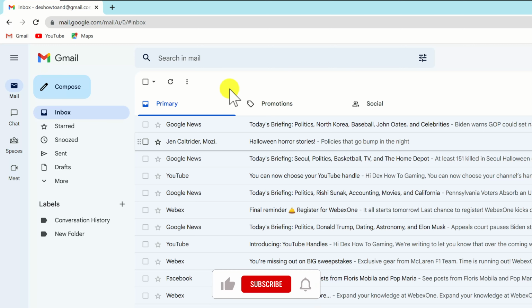Any emails you archive will be removed from your primary Gmail inbox as well as from any possible specialized categories. However, if you use Gmail labels to create a separate folder, you may still access them in that folder. How do you find archived emails in Gmail? So archived emails are removed from the default Gmail interface.